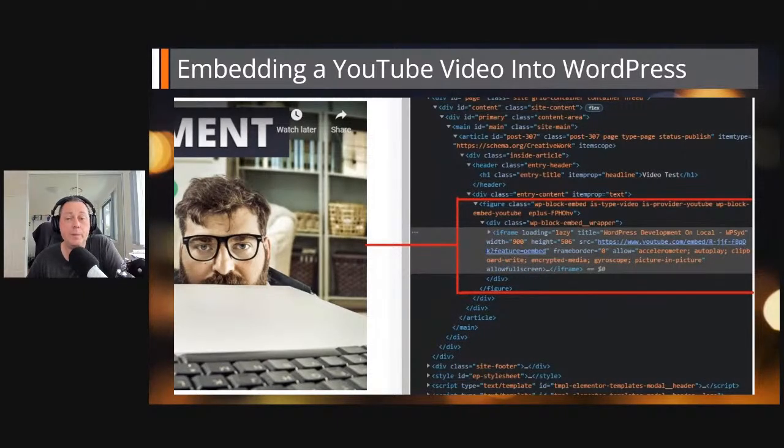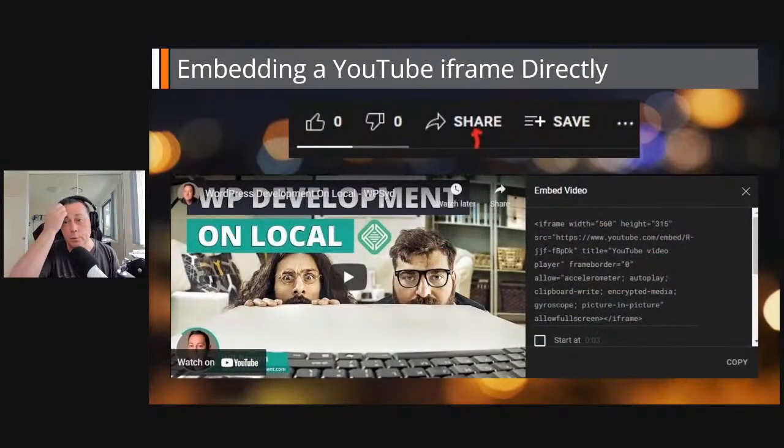It's a little bit different from the YouTube iframe because WordPress does a little bit of tinkering around. It adds lazy loading. It looks to see what your width is and sets the iframe nicely for that. Now, if you want to embed it directly, bypassing WordPress doing it itself, and sometimes there's a valid reason for that,